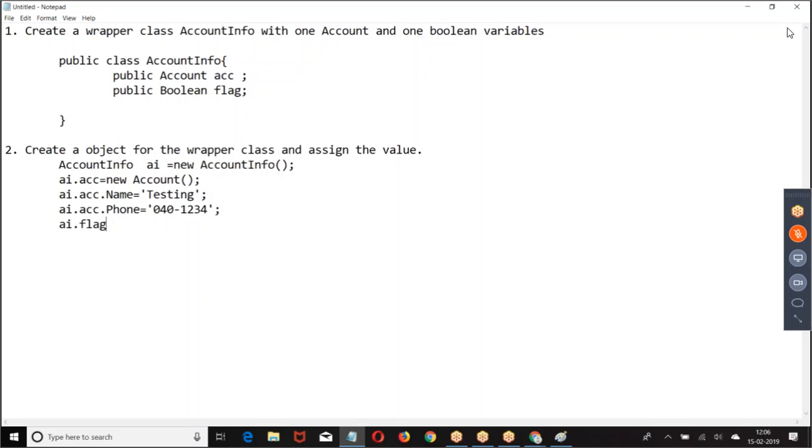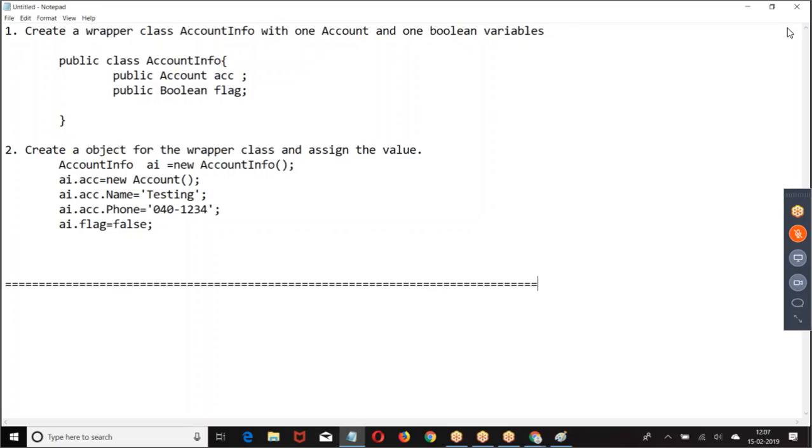AI dot flag equal to. People have followed this example.